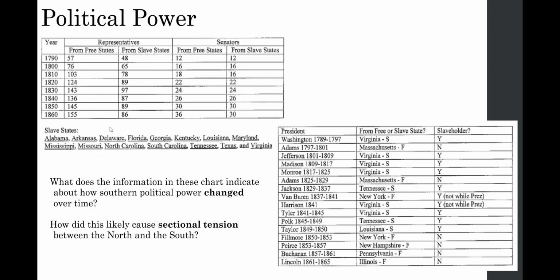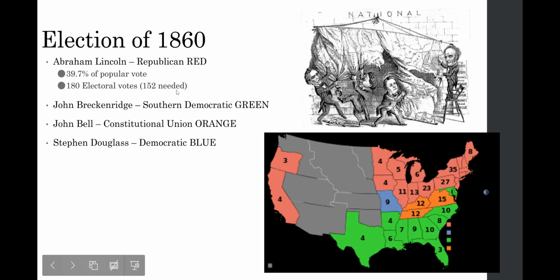One big thing that I didn't really show you, but you can see if you take a look at this slide, is that slave states are just losing political power over time. They used to have a ton of power politically, both in the executive and in Congress, and that's just going away and going away and going away. And suddenly, by the time you get to 1860, the last election before the South secedes, you've got a whole bunch more representatives from free states than you do from slave states, and six more senators. So basically, the free states have a super majority in Congress, and then now they lose the presidency as well. They have the first Republican president elected in Abraham Lincoln.